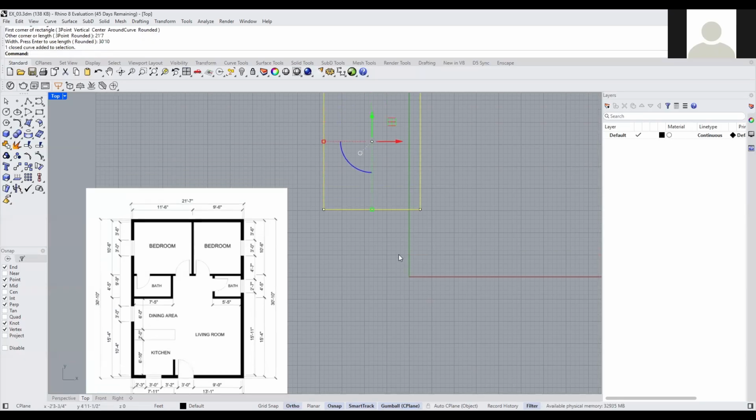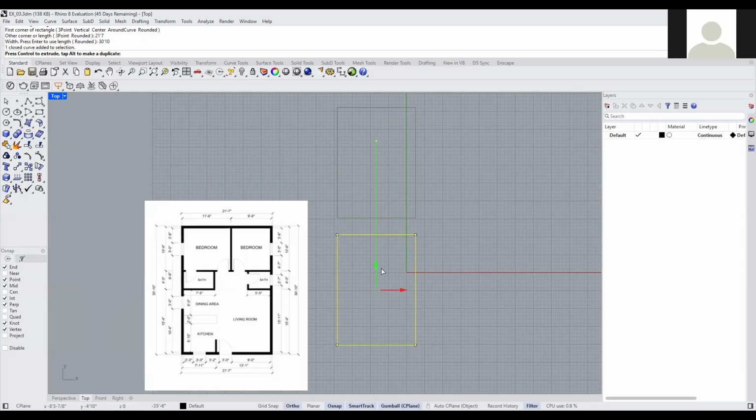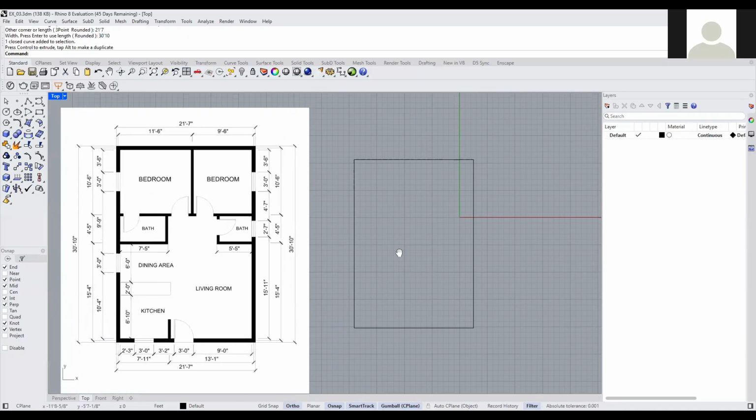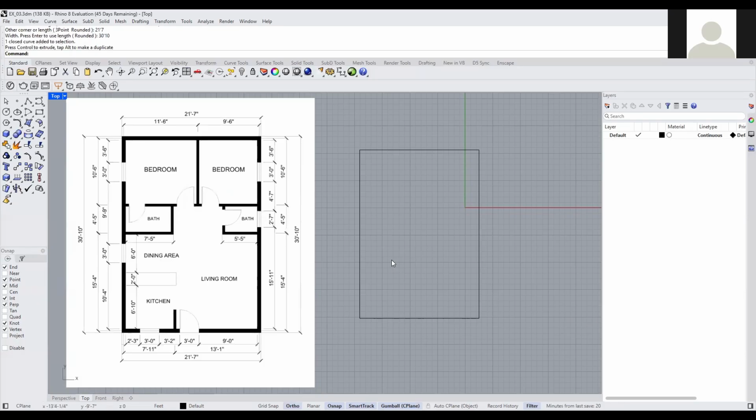So I'm going to drag this rectangle down, and right now I'm done, right? So I'm going to make sure the length and width are correct. For this, I'm going to type dimension. I'm going to measure this rectangle. You can also type dimension or DIM, as you see here, and then simply